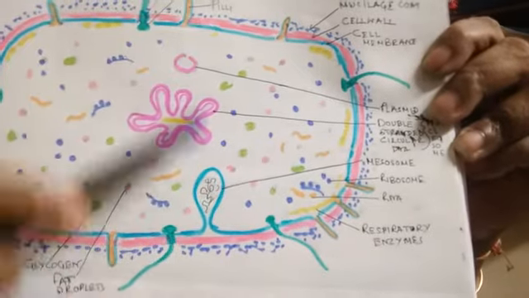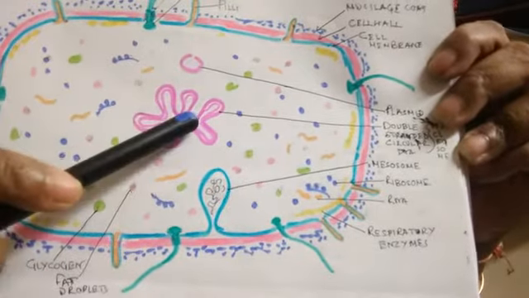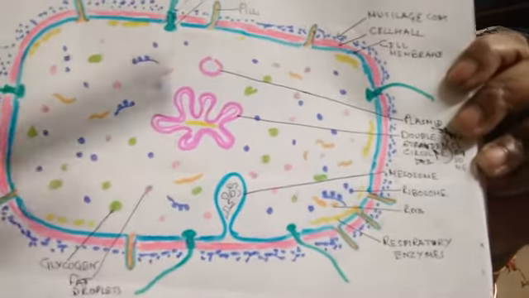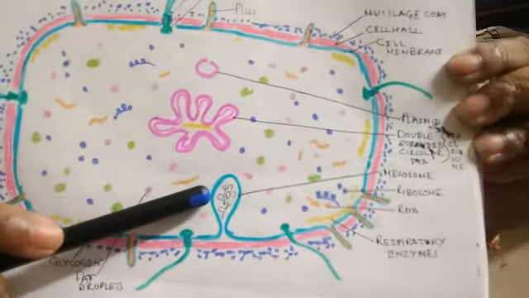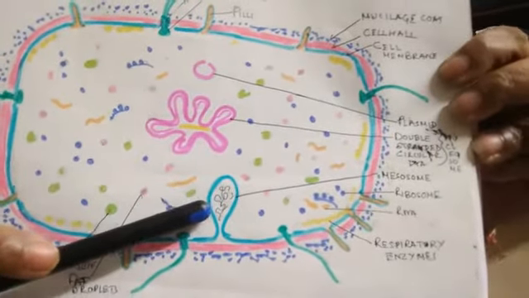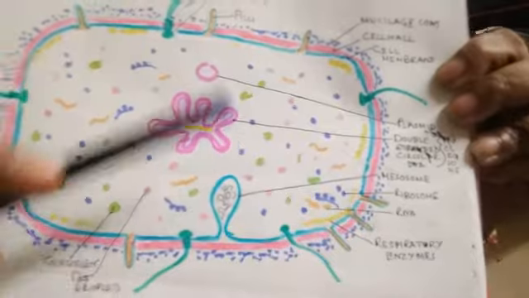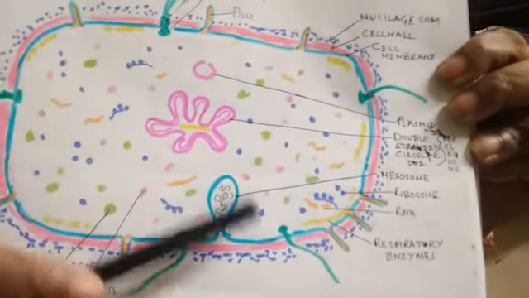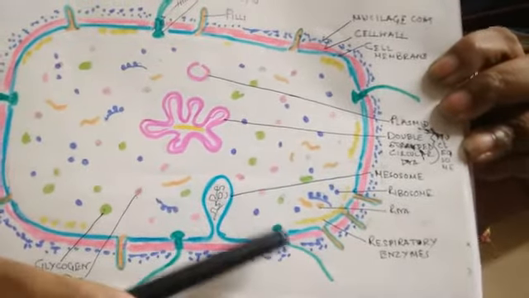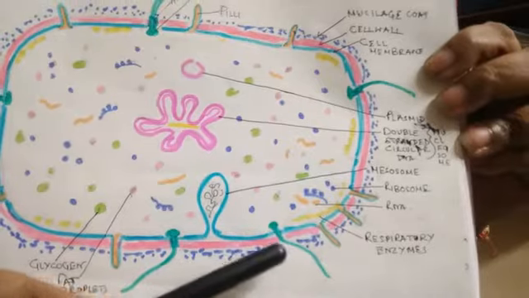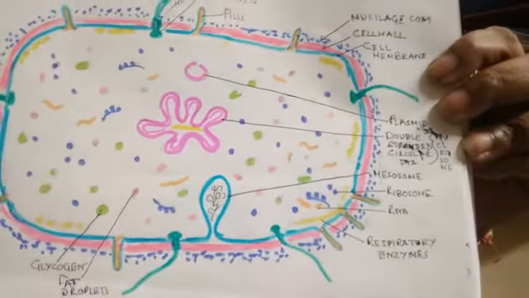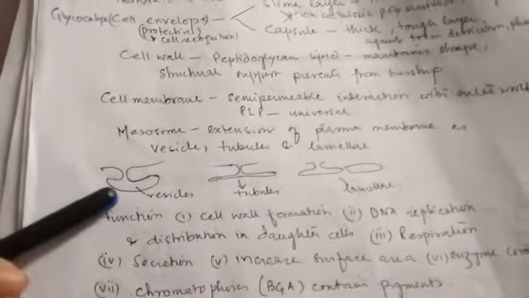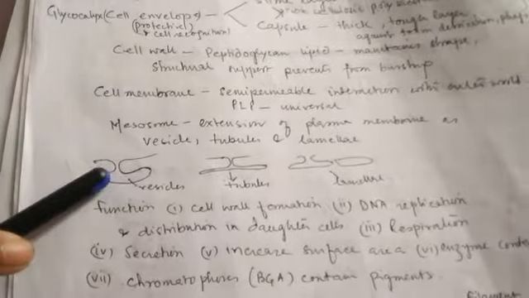Mesosome helps in cell division by forming invagination. So there are various functions. Mesosome is a very vital part of the prokaryotic cell. Now there are certain surface structures also, like flagella. You can see here the flagella are surface structures which have three parts. Sorry, we could have a discussion on the shape of the mesosome. It may be vesicles, it may be tubular.